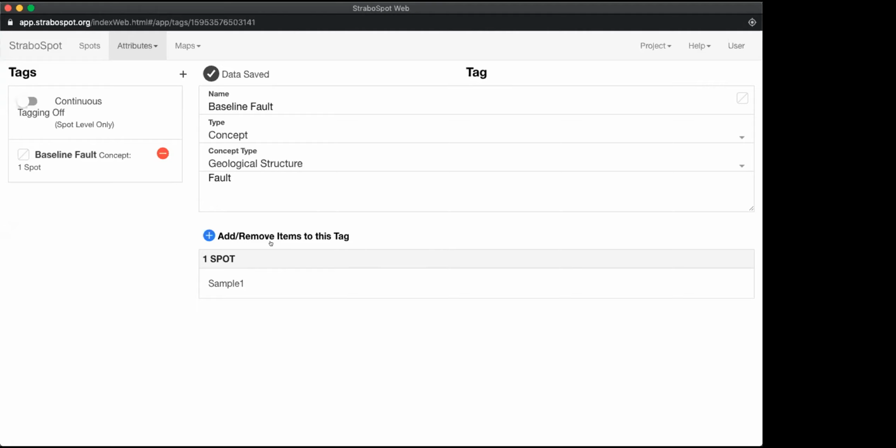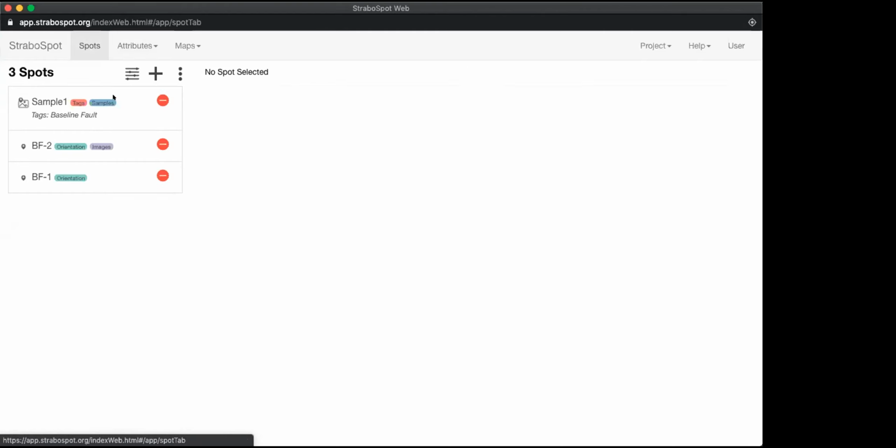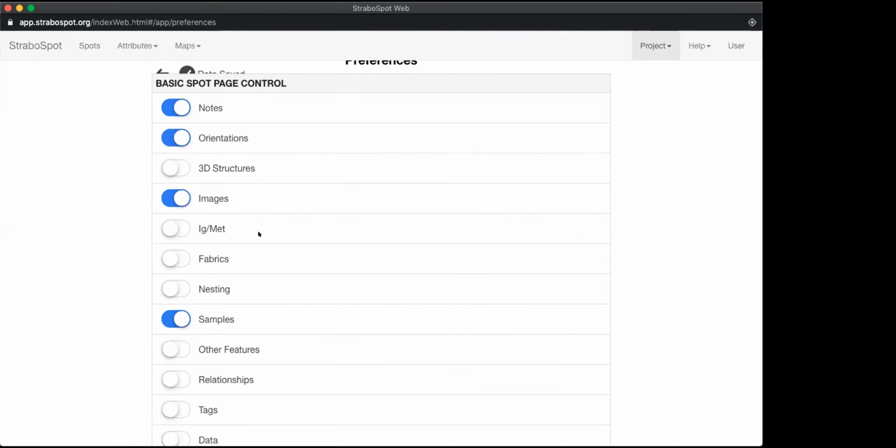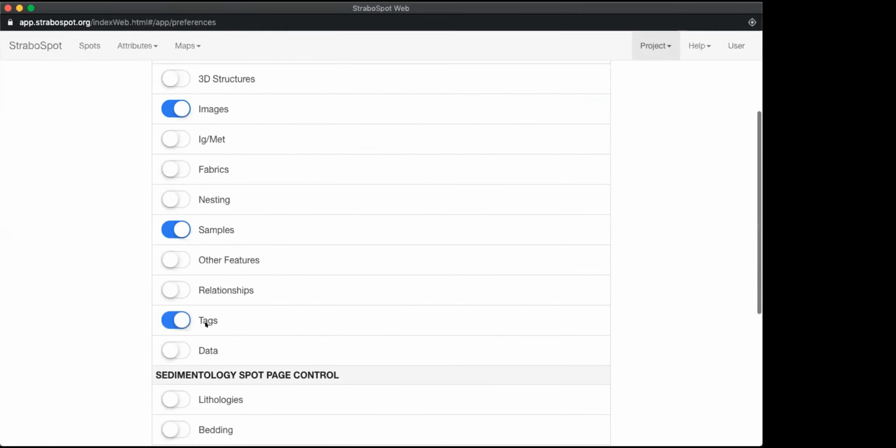So we can add and remove items to this tag from the tag menu, or we can go back to the sample menu and add tags there. So that's what we're going to do. We're going to return to our spots and select our spot BF1. And then we don't have a tag option or a tag toolbar up at the top here. So we're going to select more and then toggle on our tags